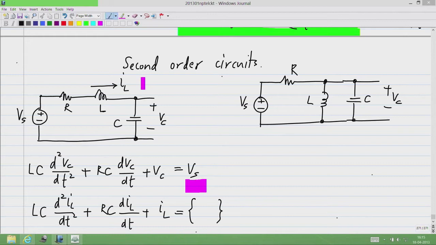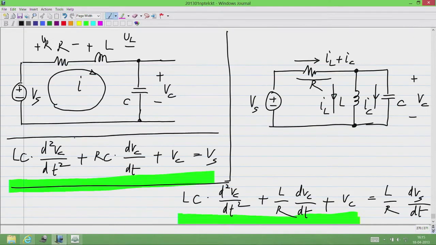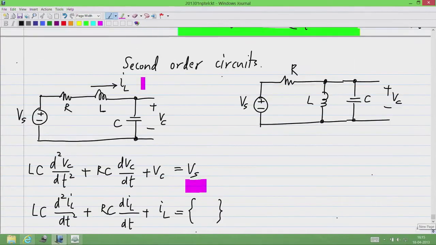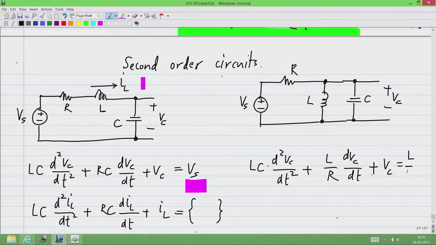Again, I identify this Vc as variable. I believe that is what I did last time as well. In that case, I will get LC second derivative of Vc plus L by R first derivative of Vc plus Vc equals L by R first derivative of Vs. Now, again I can take some other quantity as variable. Instead of Vc, I will take